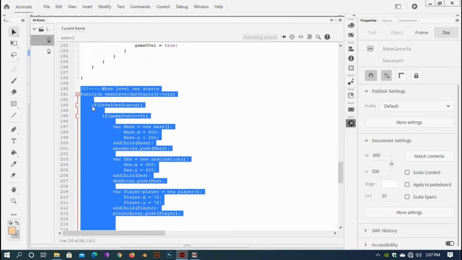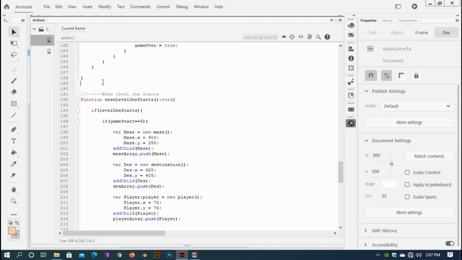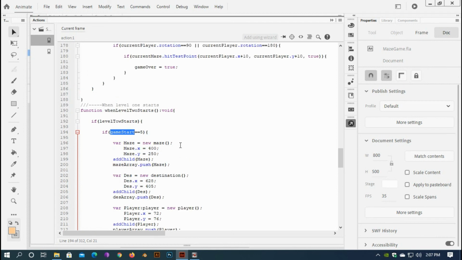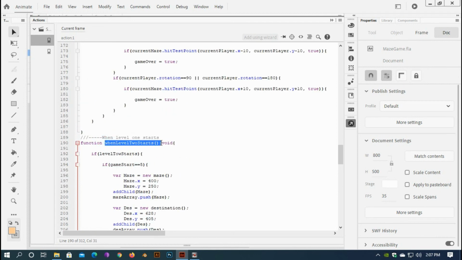Copy everything and paste it here, keep it together. When level 2 starts I want, and here type 2 starts, and when the game starts equal to 5, and all the mazes are added, but this time I want the different mazes. Okay, but first copy this